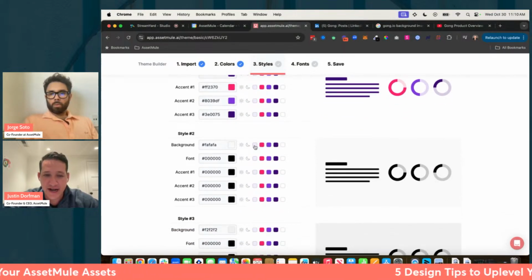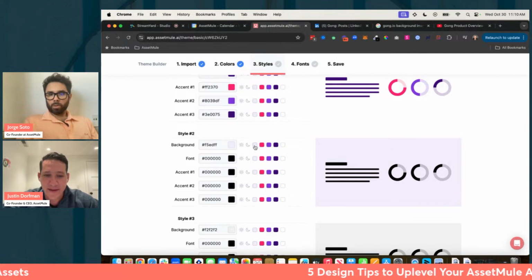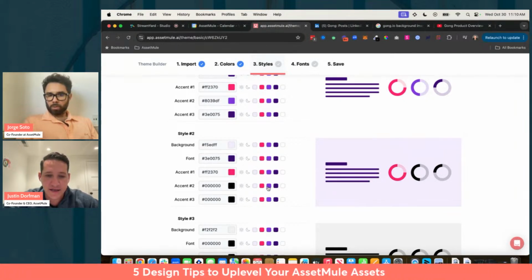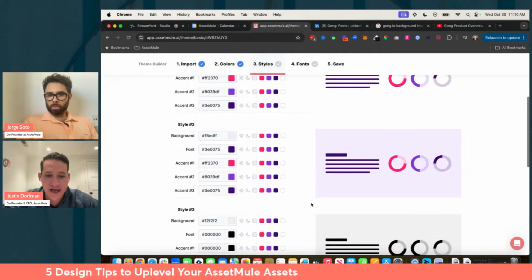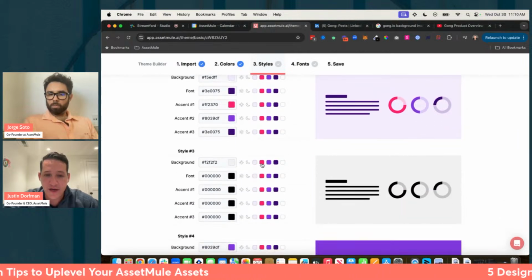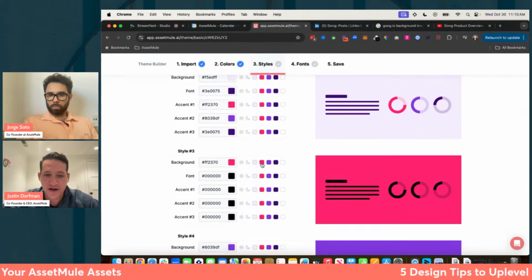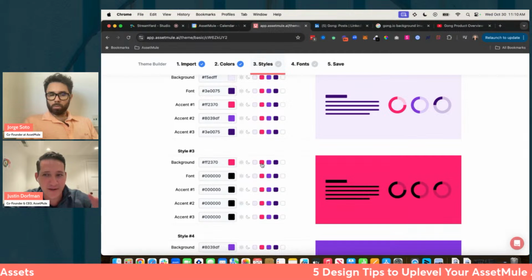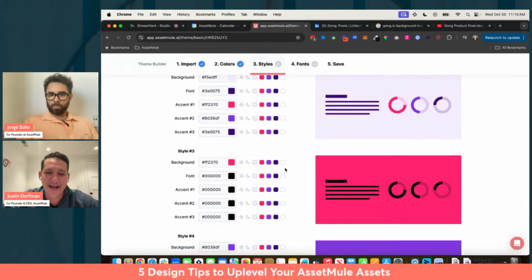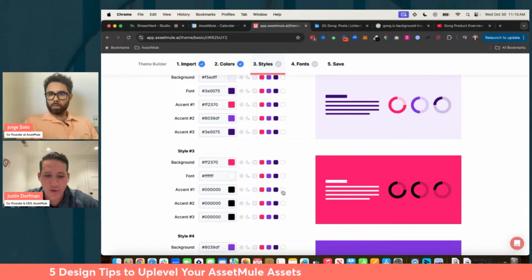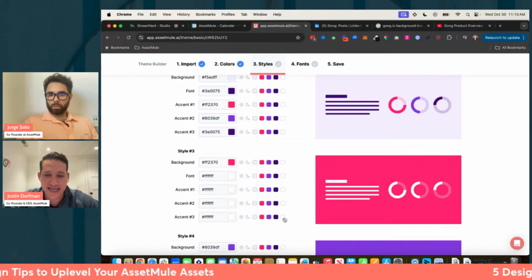And then for the second color here, I'm going to use this color as the background color, same font color, pull in those accent colors. I'm going to go again here. Now I'm going to do the reddish color or the pinkish color. I'm a little colorblind here, which probably leads to my design issues here. But bear with me as I add white here as the fonts and the accent